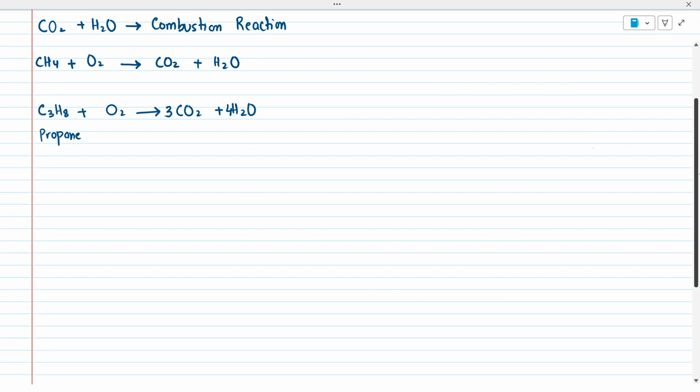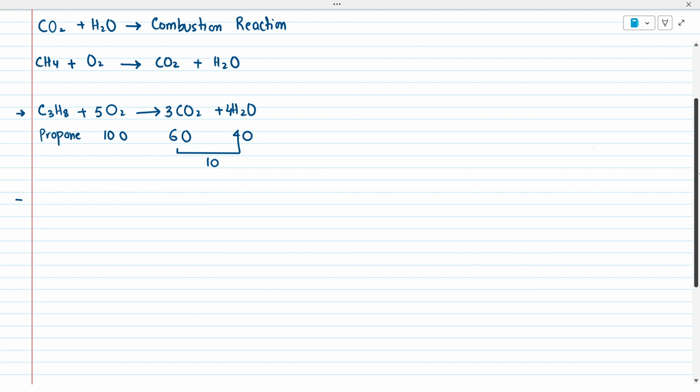So now we have to balance oxygen. Carbon and hydrogen are balanced. To balance oxygen, on the right hand side we have 6 oxygen atoms in carbon dioxide gas and 4 oxygen atoms present in water molecules, a total of 10 oxygen atoms. So to balance it, we will write 5, 5 times 2, 10 oxygen atoms. So this is the complete balanced equation for the combustion of propane.